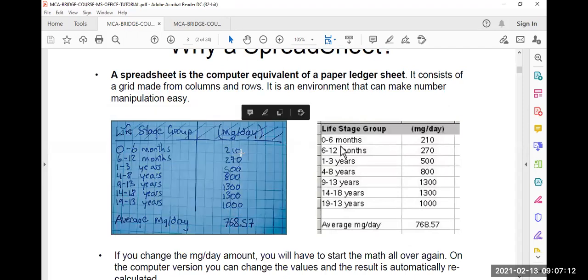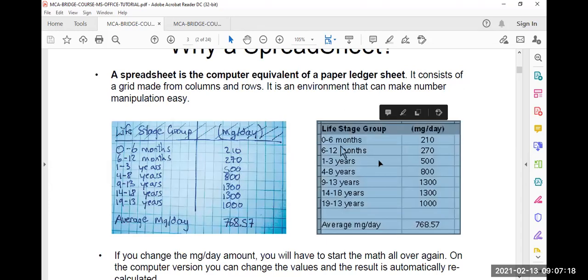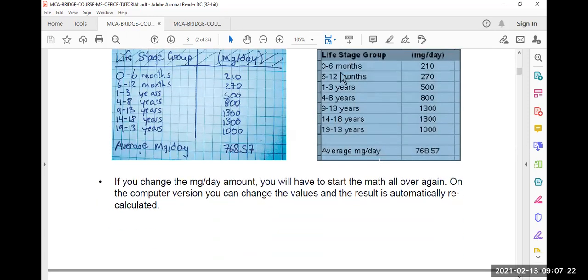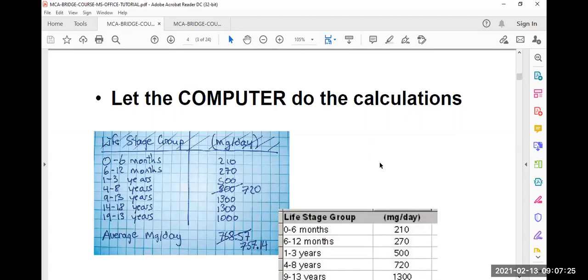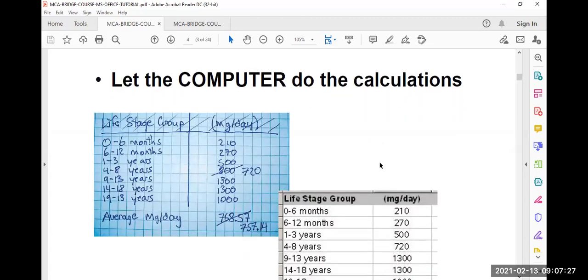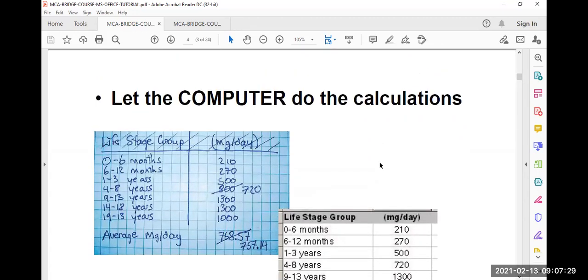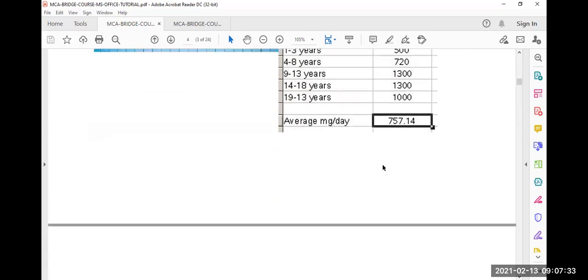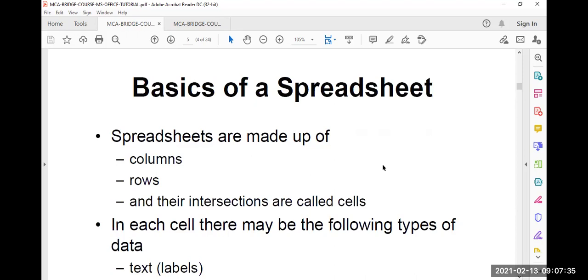If you are doing any calculation on paper, it might look like this. Using a computer or Excel, you can do it in a row-column format. It is basically a file with a row-column format. Some calculations can be done, and the computer can do those calculations automatically by using the formula bar of Excel.